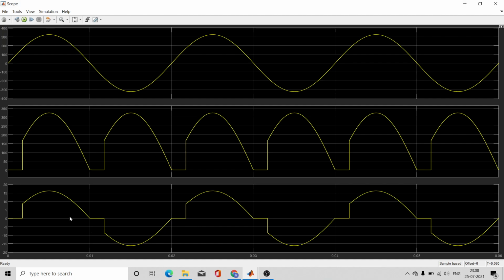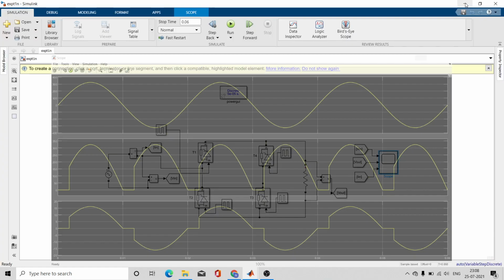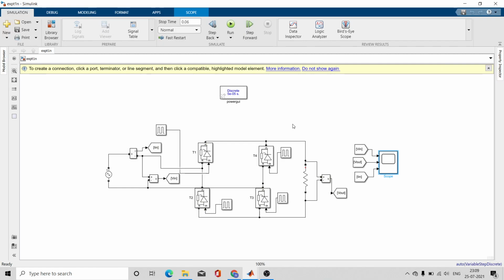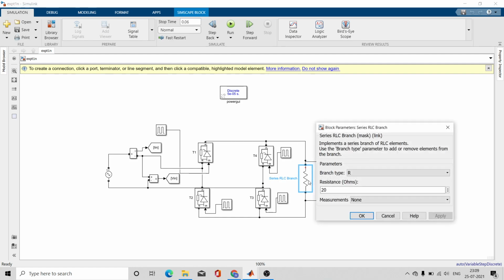Now I'll talk about this input current. You can see here that this is the input voltage and it has got harmonics in it. Ideally the input voltage is AC and its input current should also be AC, but you know that these power electronic components or nonlinear loads give rise to harmonics in your system. First of all, let me change the load to RL as it was previously.